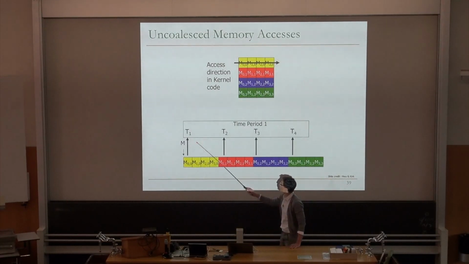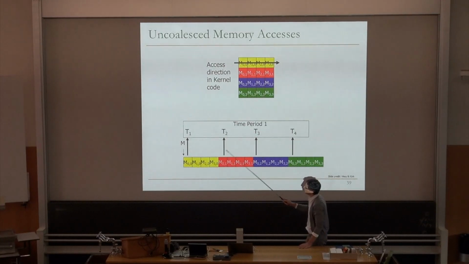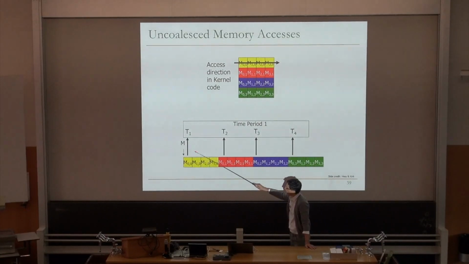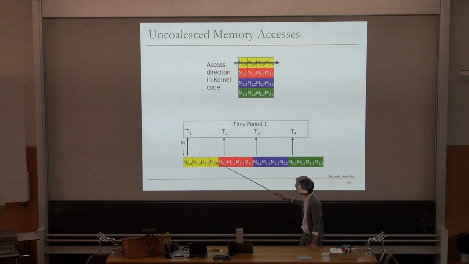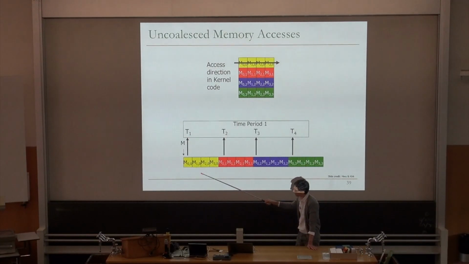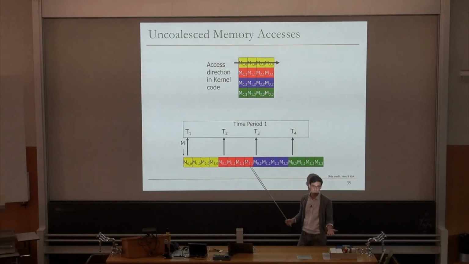If we have threads 1, 2, 3, and 4 accessing the first element of each row, and depending on what the stride is, depending on what the width of the matrix is, probably these threads 1, 2, 3, 4 will be accessing different cache lines. So the problem here is that we will need 4 memory requests to access the very first